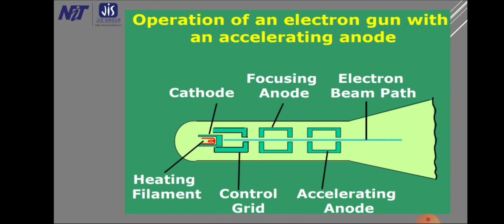Now this control grid typically consists of electrons that are negatively charged. The control grid is a cylindrical device. A high negative voltage is applied. Now if the electrons are also negatively charged, then both of them repel each other. So the amount of voltage at the control grid is very essential to control the electron beam passing through the cylindrical control grid.